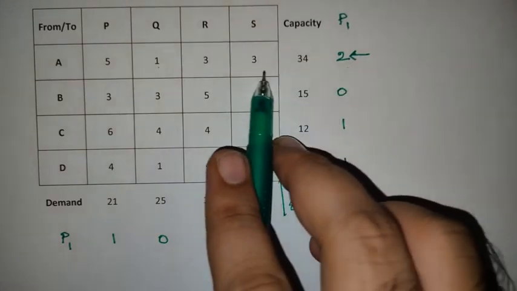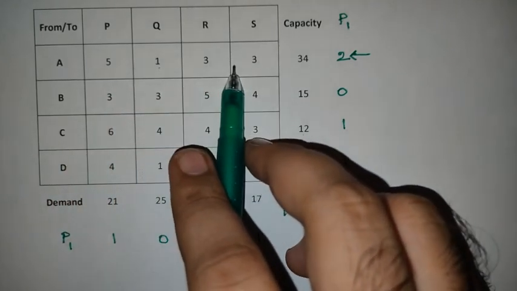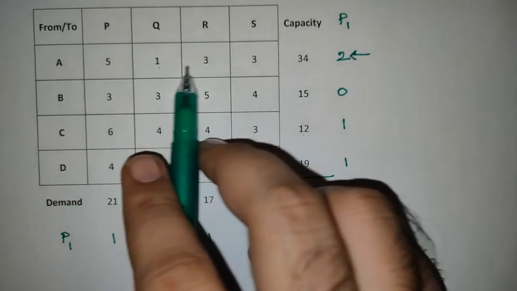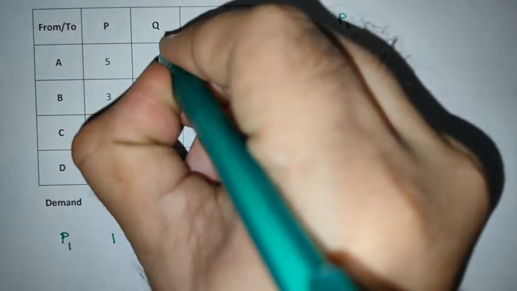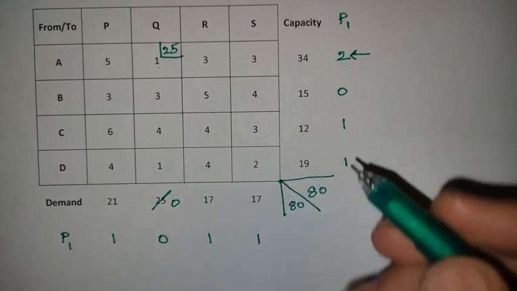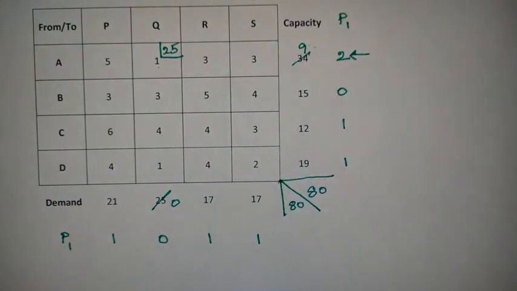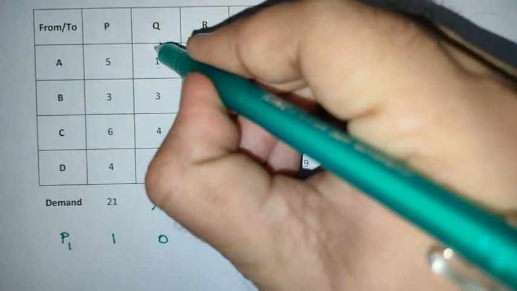So now in this row we need to allot a cell. To which cell do we need to allot? In these entire 4 values, whichever has the minimum transportation cost, we need to allot that one. So what is the minimal value? 1. So now we need to allot the number of units to this AQ cell. How many units can we allot? Here demand is 25, supply is 34. So we can satisfy the demand: total 25 units. So this one becomes 0 and the remaining is 9 units. As this column becomes 0, strike off this column.